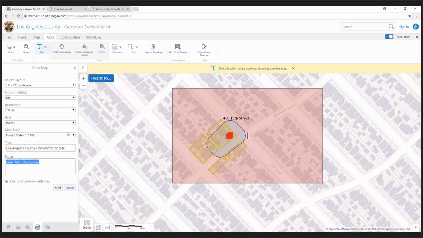I'm just going to make a few changes here. You can choose the different types of templates. We'll be talking about templates shortly. You can choose the different templates from this drop-down screen, output formats, the resolution. I'm going to make it 300 dpi. We can change the title. I can enter in 456 15th Street,